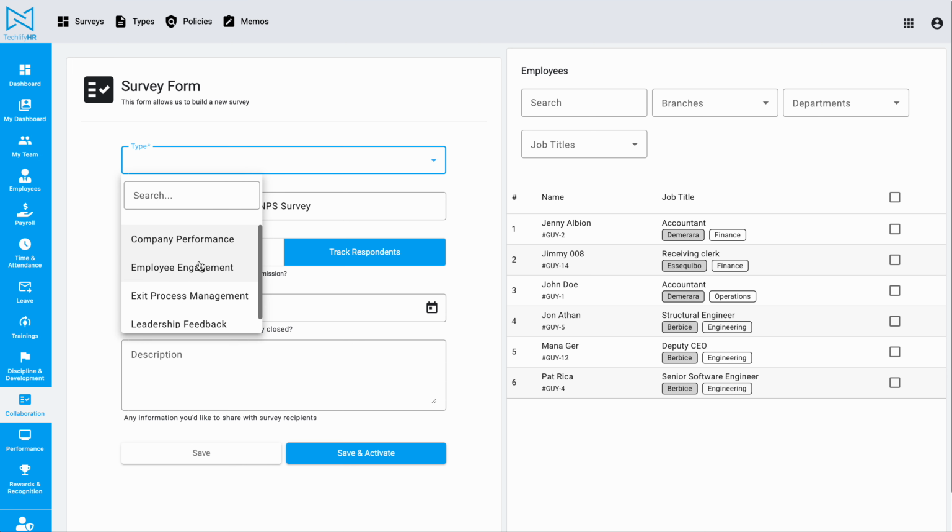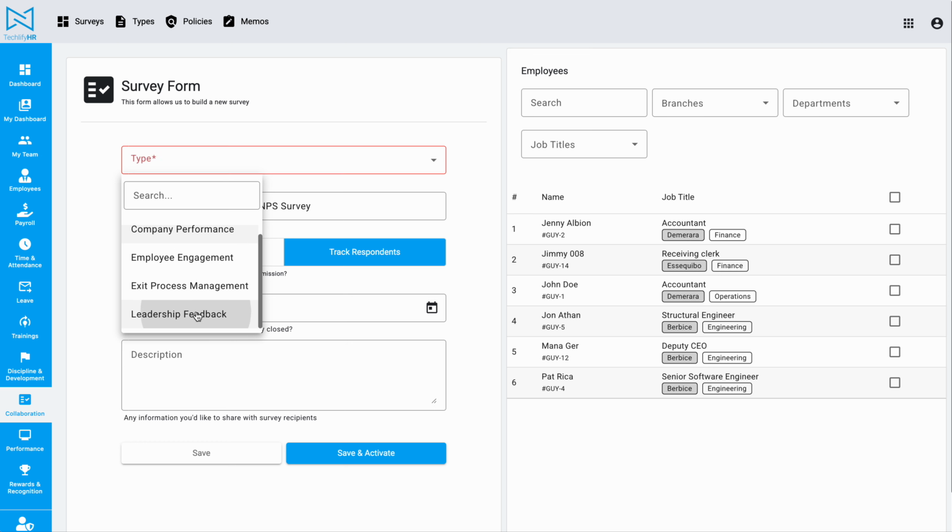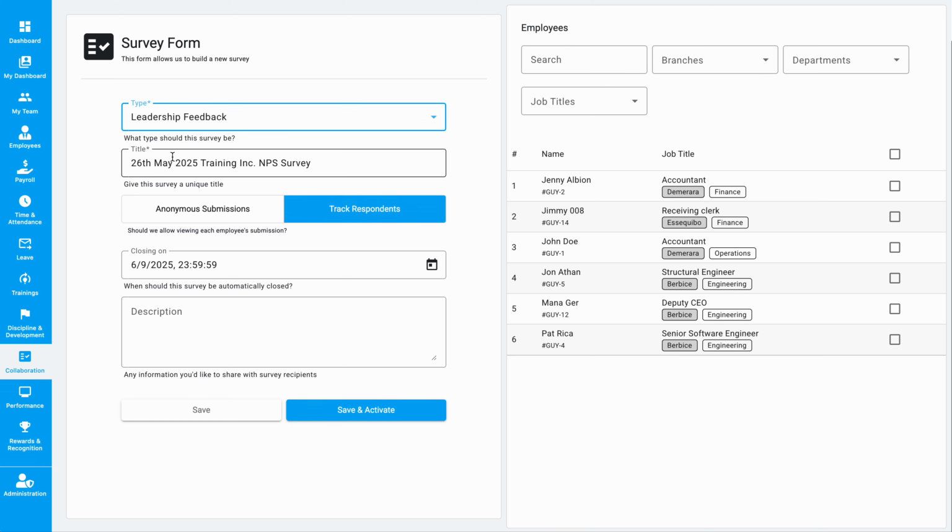You can select the type of survey. Techlify HR comes with 4 pre-built types of surveys for you. Of course, you can create your custom type of survey, but let's say we wanted a leadership feedback survey. You're able to specify the title of the survey and whether the submissions are anonymous or you want to track the respondent submissions. Persons that receive an email to fill the survey would see whether it's anonymous or their responses are being tracked. You can also specify when to close the survey, and Techlify HR will take care of automatically